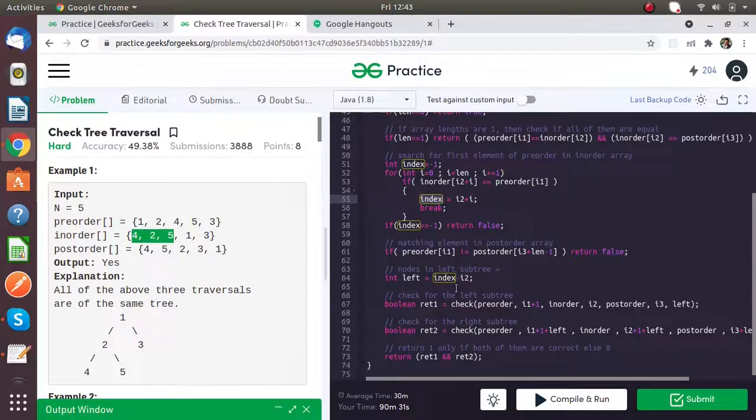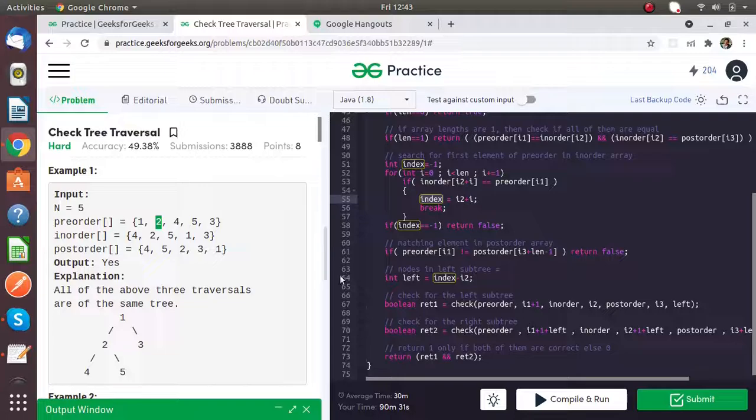For the left subtree, index minus i2, which is 0. The index of the first element is 3, so 3 minus 0 is equal to 3. So in left we have 3 elements. For the right subtree we have only one element. So I simply call the check function again with the values. I plus 1 for pre-order, the next starting index is 2 because we already iterated over 1, and the remaining values are the same, 0 0, and the length is 3 because we have only 3 elements for the left subtree.